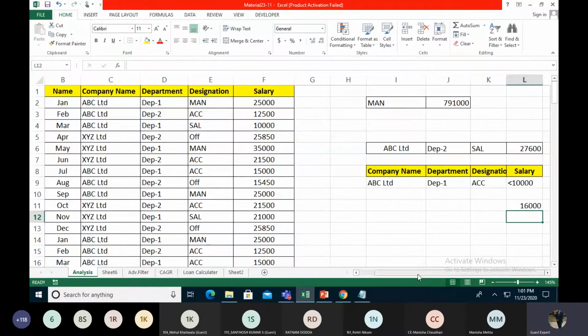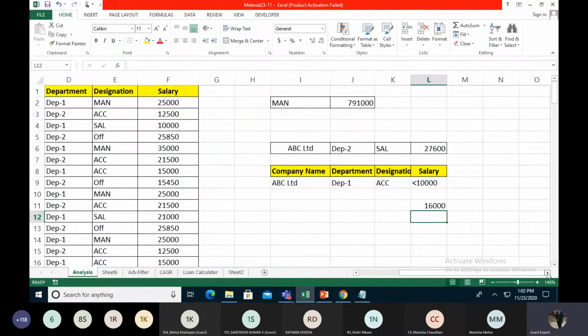So it checks the two people who have salaries below 10,000 and makes their sum. Those employees who are juniors, who initially joined the company, and we want to find out their salary also. So we use this DSUM function. This is an analytical formula we use to find out any data from the given raw data. We also find out how many managers we have in both companies, and in ABC Limited department 1, how many sales executives they have.